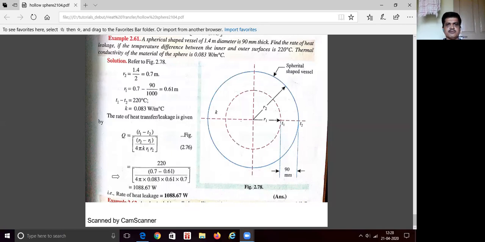From the next class, I will take the second module, that is heat flow through critical insulation, and also heat flow through extended pins. That is very important. After completing that chapter, again I will take up the metal forming unit, and by the time we meet, I think we should complete all 4 or 5 modules. And once again, let us repeat the same thing in the classroom. Then you will get it better.